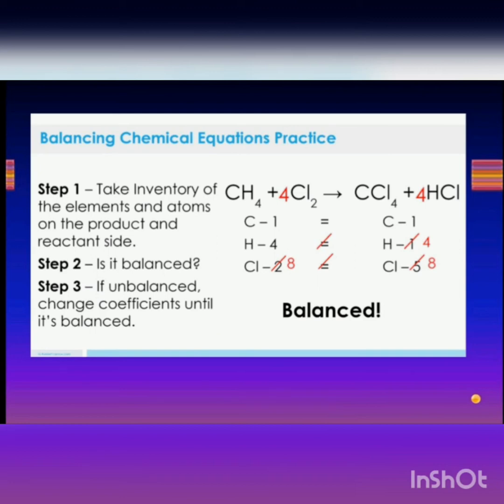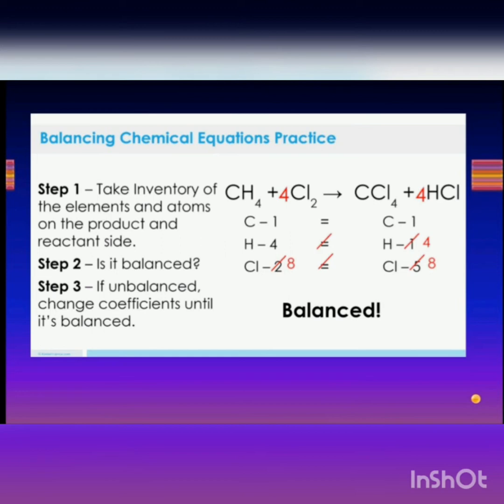Now for chlorine, why have they written 2? Because chlorine is a diatomic element. Chlorine always exists in diatomic structure. So when it comes to chlorine, oxygen, nitrogen, hydrogen, we generally write it as Cl2, O2, N2, etc. So methane plus chlorine giving us carbon tetrachloride, CCl4, and HCl, that is hydrochloric acid or hydrogen chloride gas, whichever.